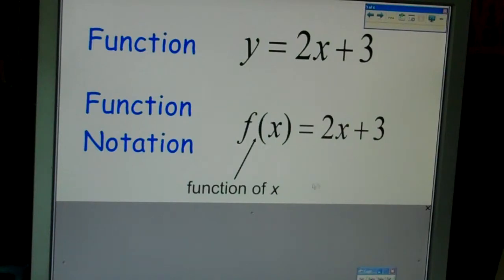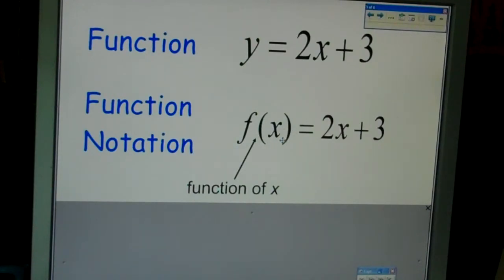Here's what it looks like. Take a look at that. f of x equals 2x plus 3. So this part did not change at all, okay? X is still there. We just gave y a different name, all right? And we're saying f, which stands for function,